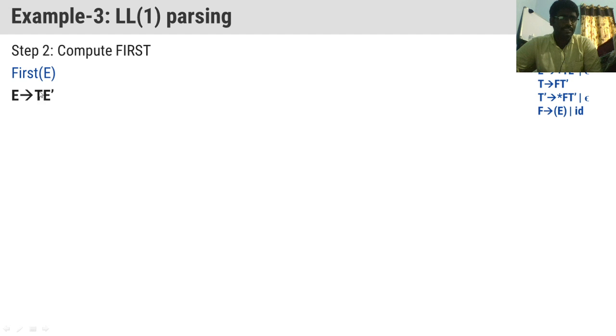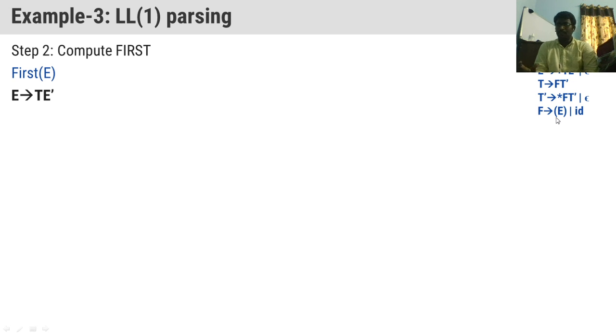finding out the first symbol of the T production. Now we are finding out the first set of capital E. So the first symbol present is T here. That's why we will go to the T production, and the starting symbol present in the T production is F. Again F is a non-terminal. We will go to the F production and we will look at the first symbol.